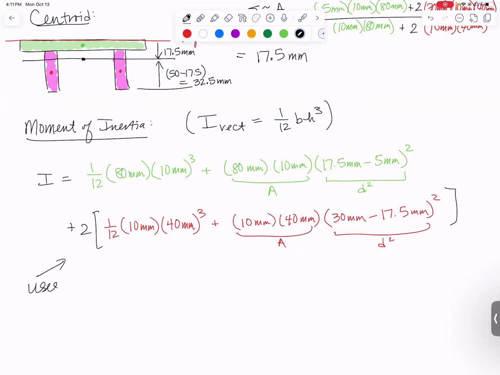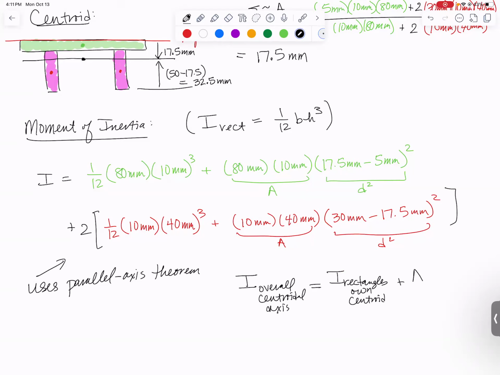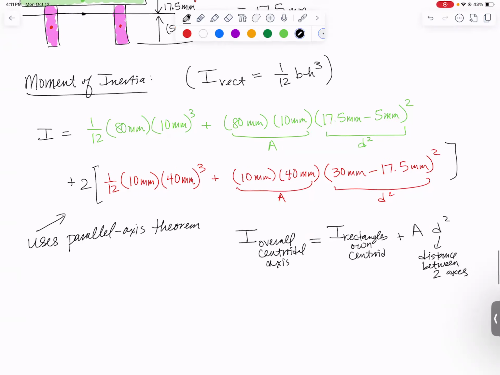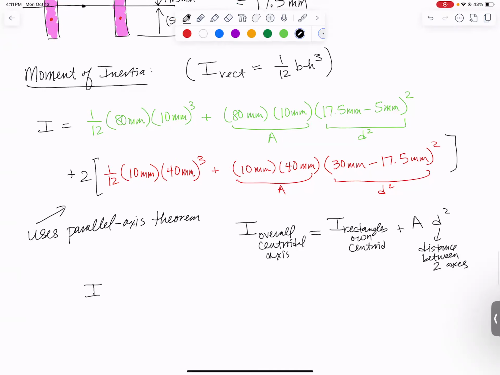This uses the parallel axis theorem, which says that the moment of inertia about an overall centroidal axis, or any axis honestly, but we want this overall centroidal axis, will equal the moment of inertia about the rectangle's own centroid plus the area of that rectangle times distance squared. And this is the distance between the two axes. Okay, once upon a time you learned this in a statics class, and we just got to remember it and use it now. So when you do all of that math, you get that the moment of inertia is